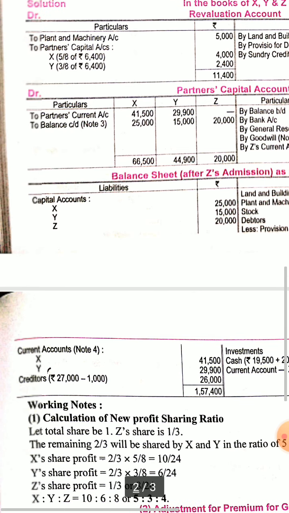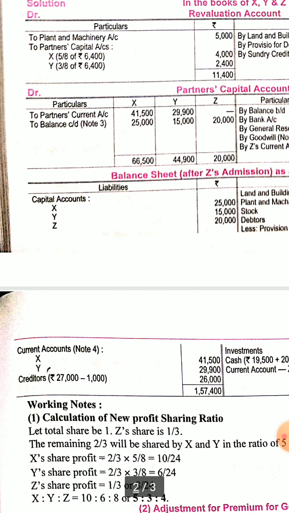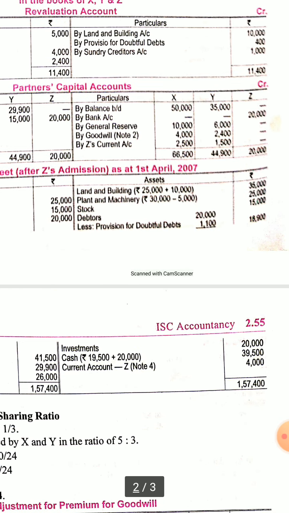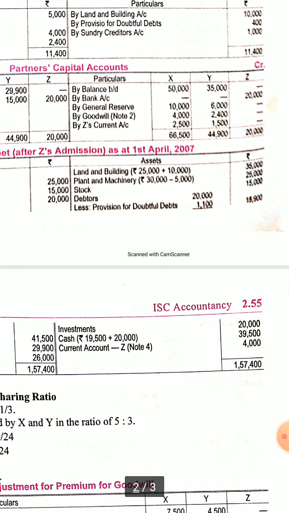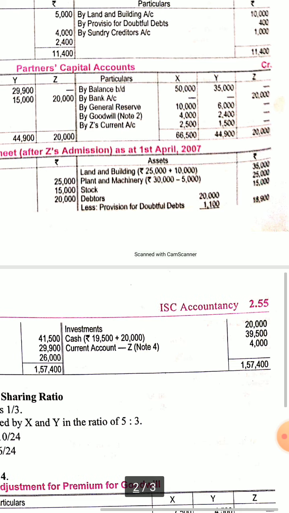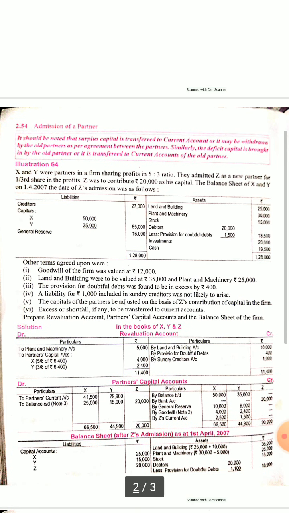So if the partners have credit balance, they will have their current account on the liability side of the balance sheet, and if they have debit balance in current account, then it will be placed on the asset side of the balance sheet. So this is case 2, when old partners' capitals are adjusted according to the new partner's newly introduced capital, because the new partner cannot bring the proportionate capital according to the old partners. So old partners are adjusting their proportionate capital according to the new partner. That is the main theme.